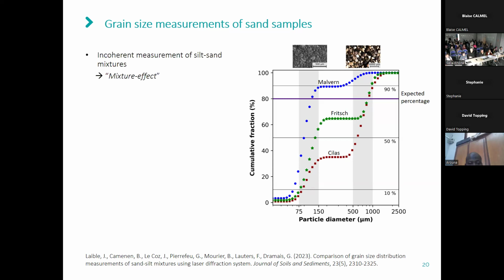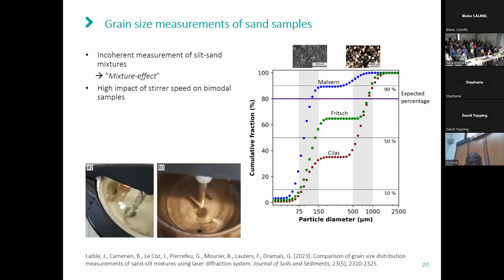which we prepared. In this measurement, what we explained is the so-called mixture effect, what we call the masking of the sand particles by finer sediment particles. I've also tested several other possible reasons, for example, the impact of the stirrer speed on these bimodal samples. Based on these observations of divergences between the fine sediment and sand particle measurements, I recommend separating the fractions for the grain size measurements, those of the fine sediment and those of the sand. At the same time, I also recommend determining the measurement protocol for any new samples where we don't know